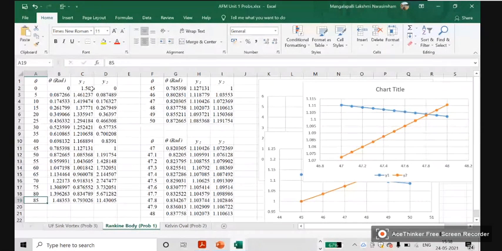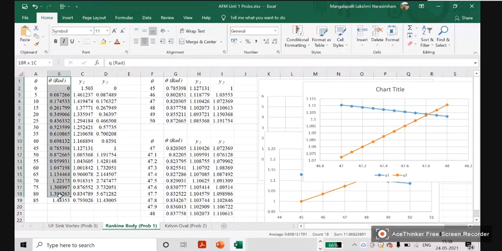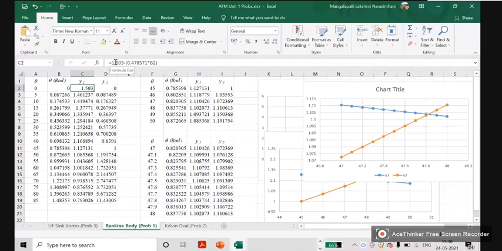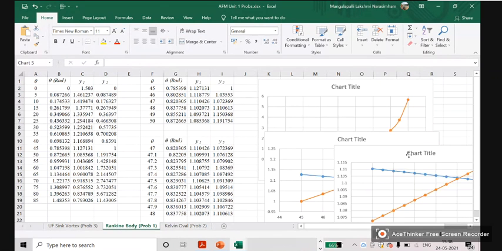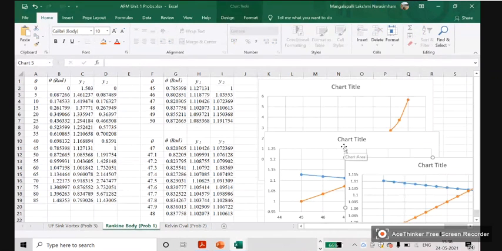So here the procedure I have followed is, I have taken theta and converted it into radians, and this is y1. Y1 is, you can see here, this is the first expression, 13.6 by 28 into pi minus theta. And this is tan theta. So what I have done is, first I have drawn a graph.